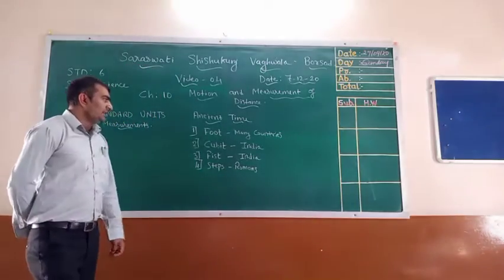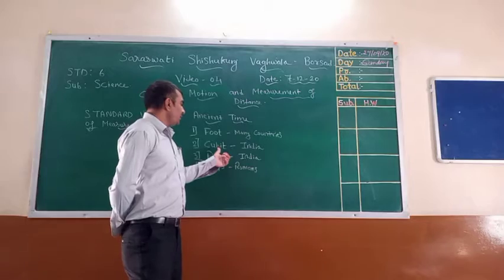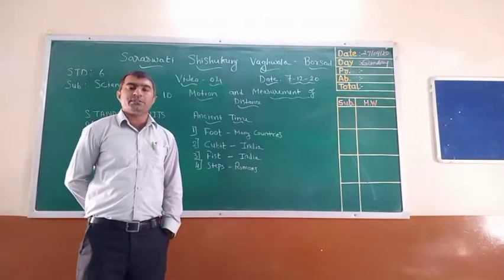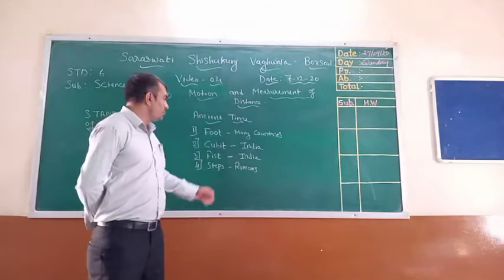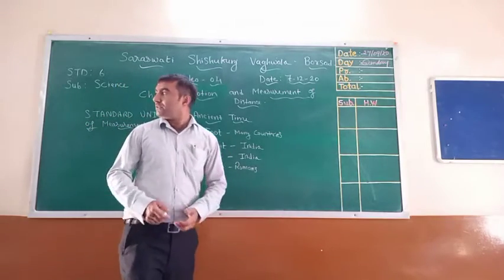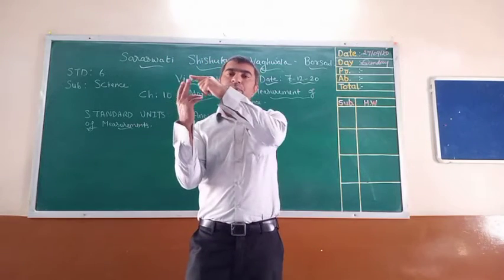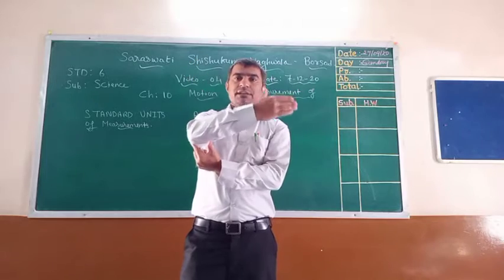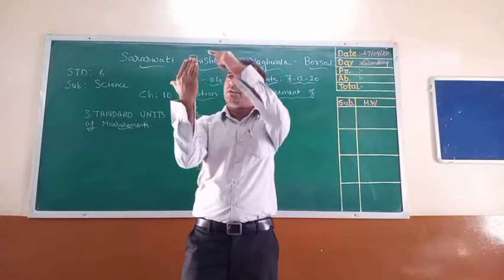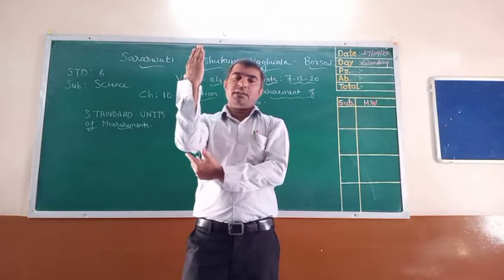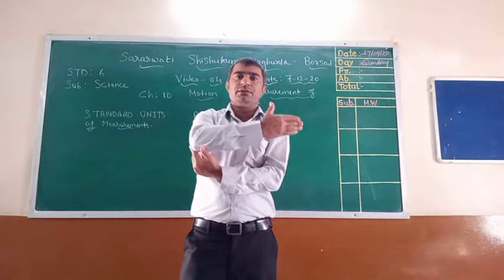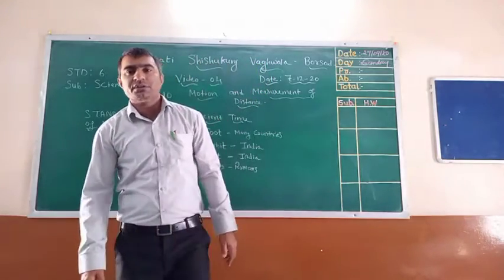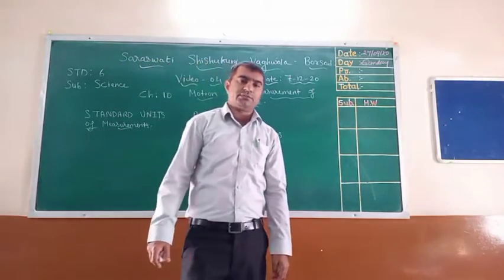And if you see in India, cubit. If we want to measure any length, Indians use cubit. Cubit means from the tip of the finger until here. So this is 1 cubit. People use it this way. This is known as 1 cubit, from the tip of the finger to the elbow. Indians used cubit as their measuring device to measure any object.